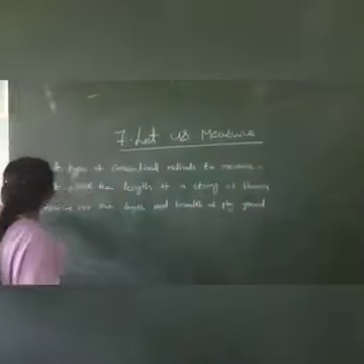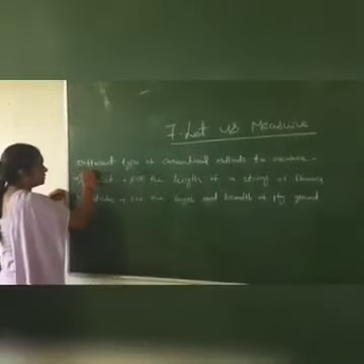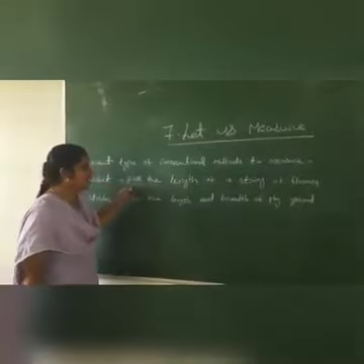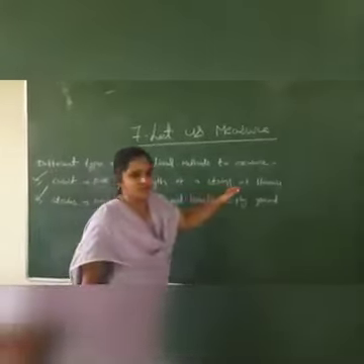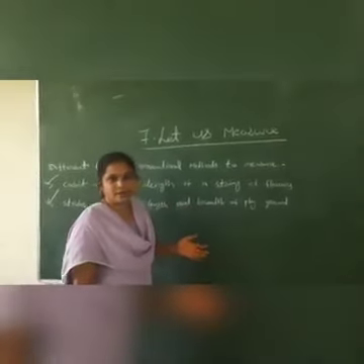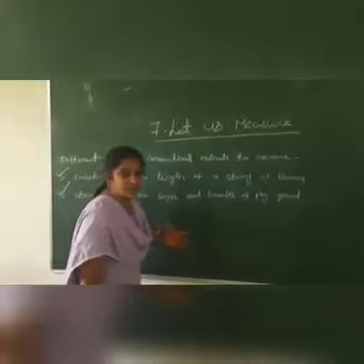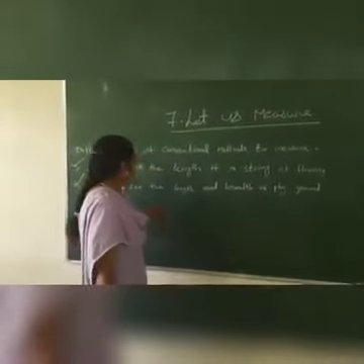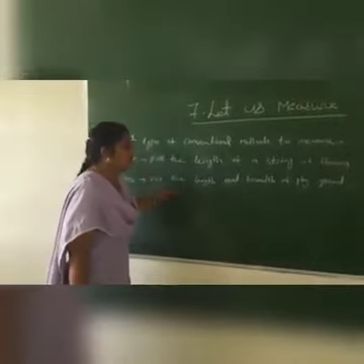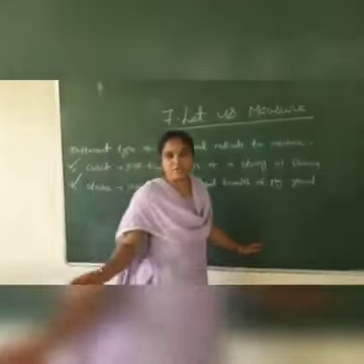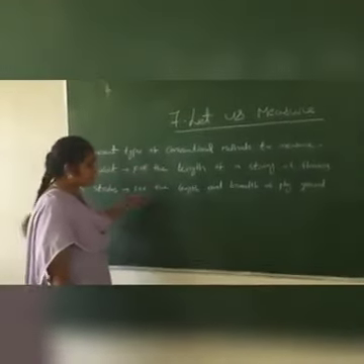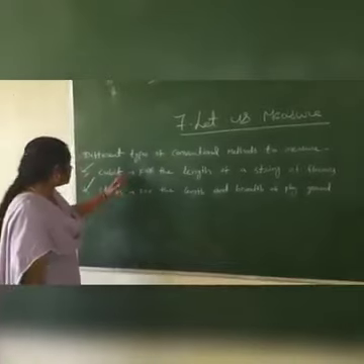One is cubit, another one is strides. Cubit is used for the length of a string of flowers. When we go to buy flowers or garlands, the seller measures and gives them to us in cubit units only. And if we want to measure the breadth and length of the playground, we use strides. So are these cubits and strides